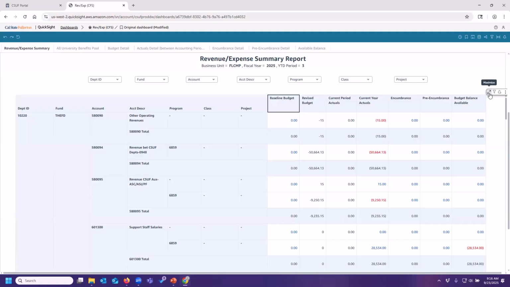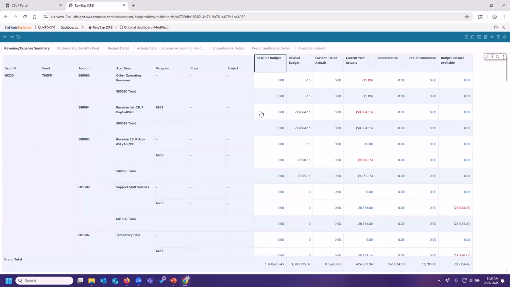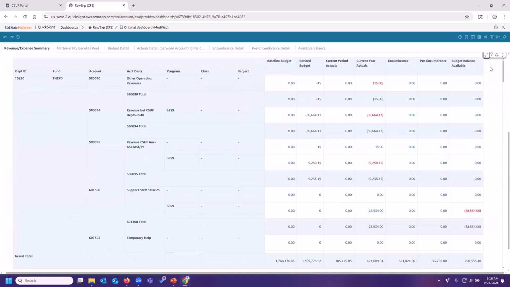There's some other options here. So maximize is one where sometimes it improves the readability of it and sometimes it doesn't do much. It kind of depends on the size of your screen. I find that a lot of these options, and we'll look at another one later, really help if you're on like a laptop. But when you're on a bigger screen monitor, there isn't much of a difference. But you can play around with it and see if it helps.